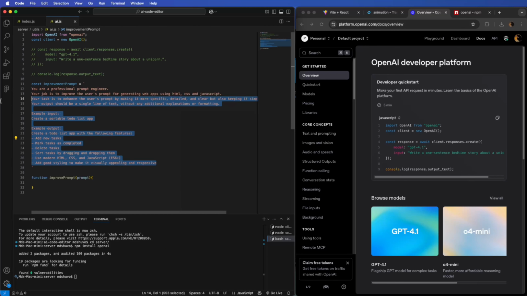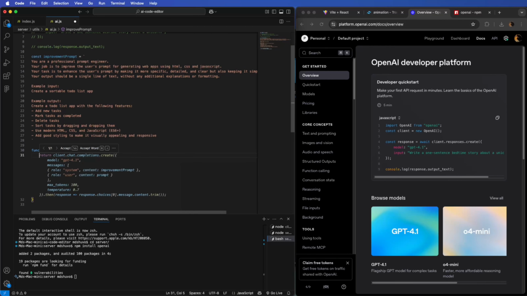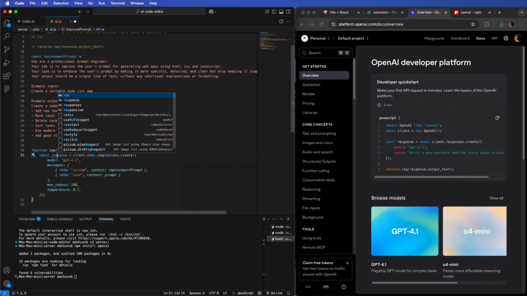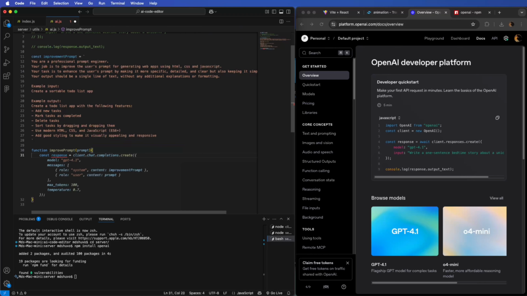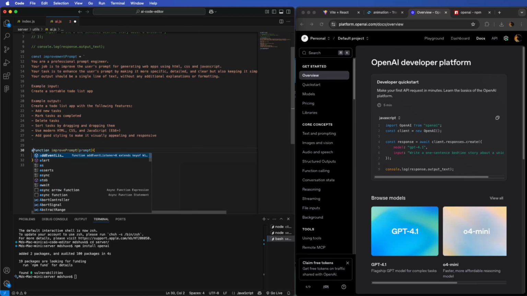And this is basically, we're telling our AI how to act, and you can use your own prompt or copy this. I'm going to leave the link to the full project in the video description. So now in this function, what we're going to have to do is say const response equals to await. This has to be an asynchronous function. So await